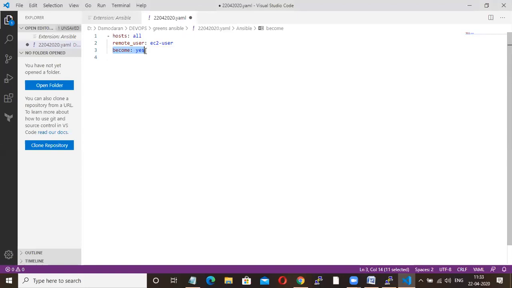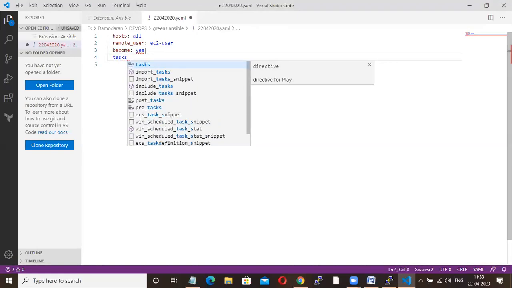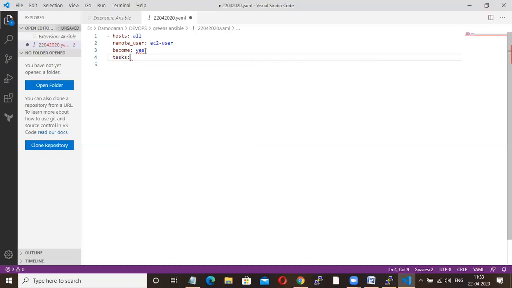First one is host details, second one is user details, third one is permission. Okay. Next, as I said, we are writing playbooks to perform multiple activities or multiple tasks at a time, right? So tasks. Again, here indentation is very important.